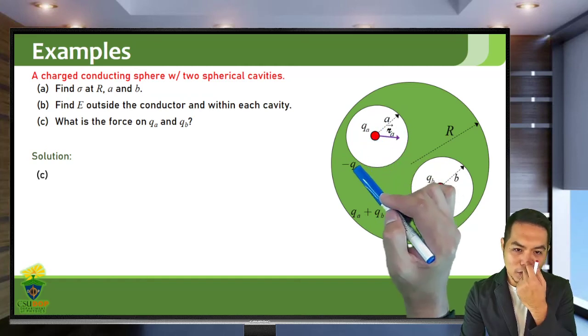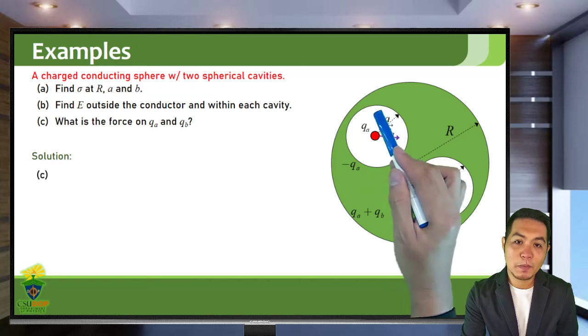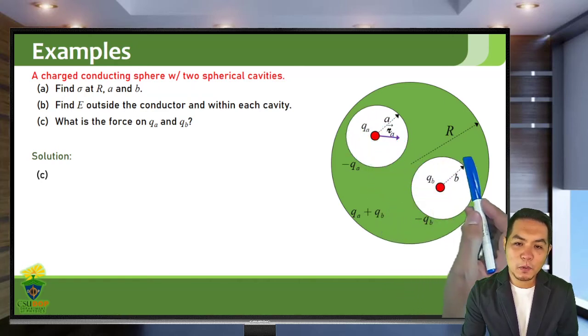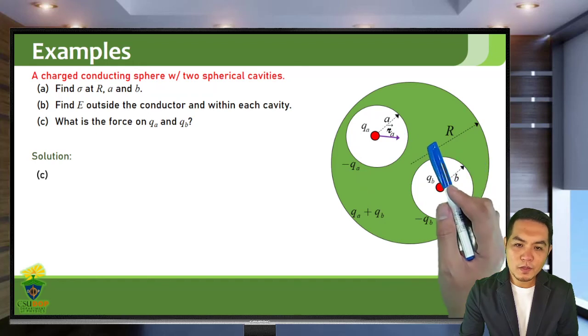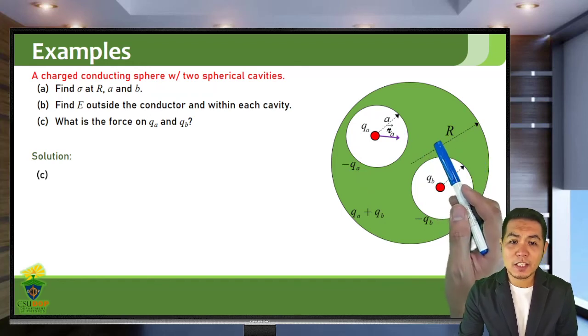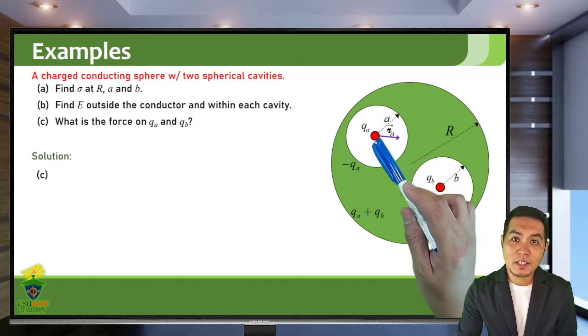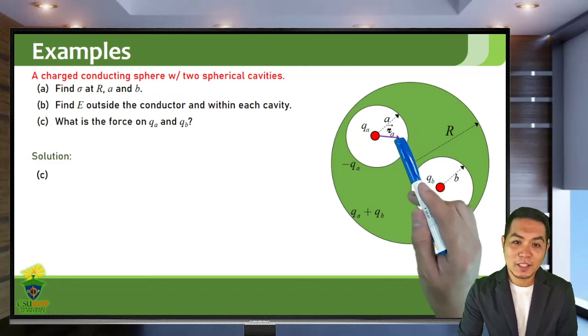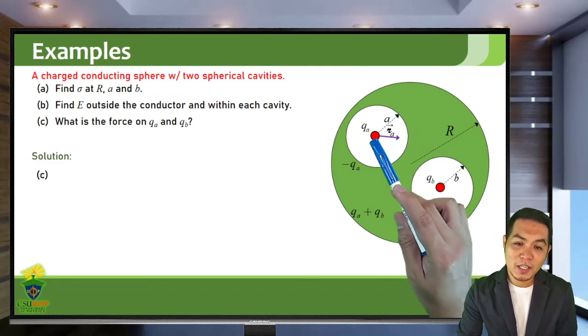Therefore the contribution for this surface will be 0, and then there will be this charge distribution here. Since force is just Q times E, the electric field at that point,